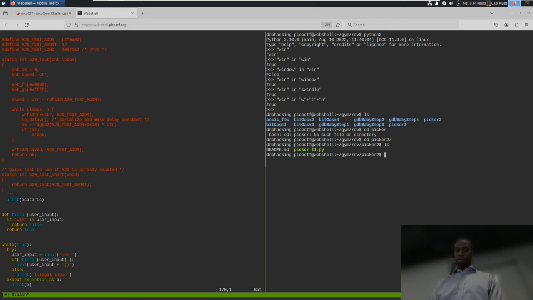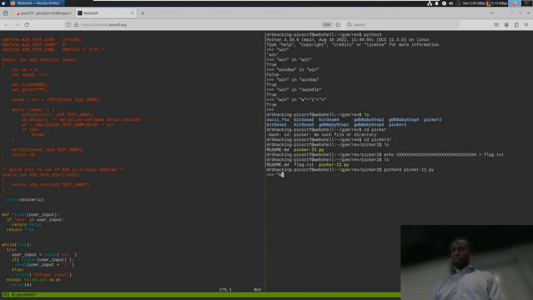So, 32 X's. I don't want to forget to echo this into flag.txt. We'll hit Control A to go back to the beginning of the line and make this an echo into that file. Now I have a flag file, which, if I get this working, should print the flag for me. So if I now execute this, python3 picker2,